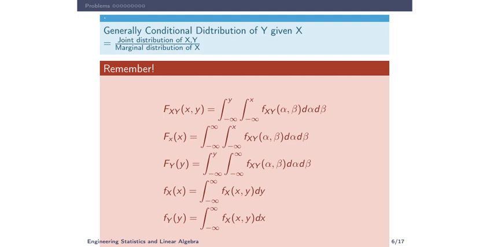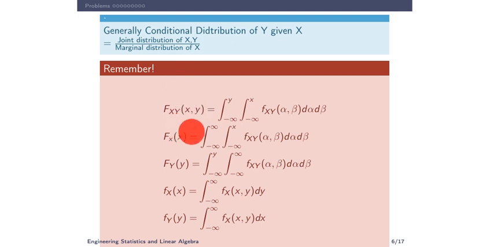So before that, that is what we have. We can generalize any conditional distribution of y given x as the joint distribution of x, y divided by the marginal distribution of x, if it is given x. Now we have to remember all these equations we studied at the beginning of this module, that is F of x, y will be